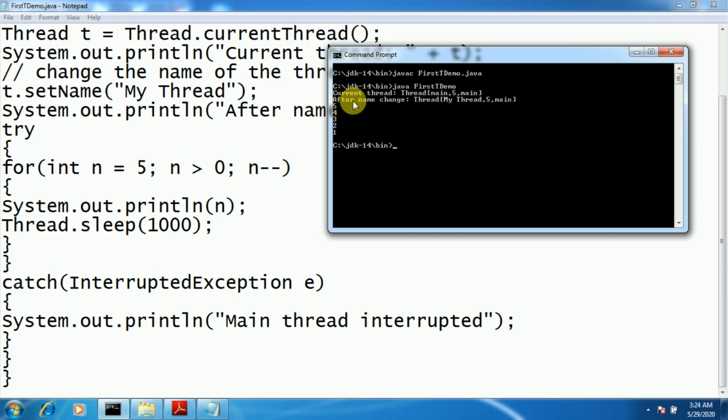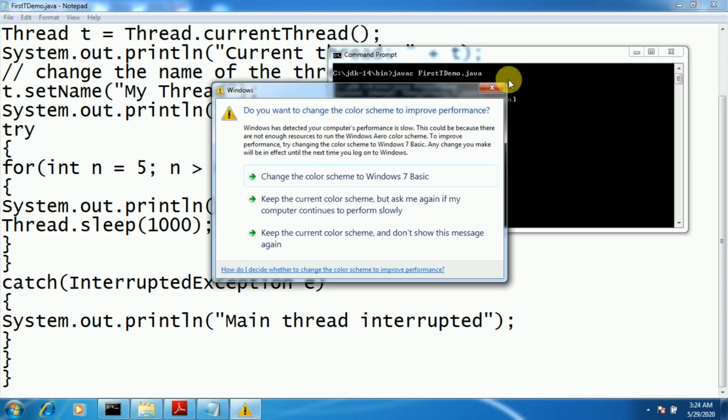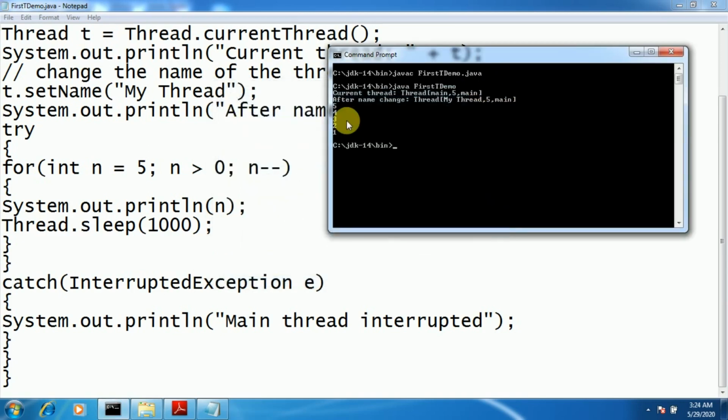Now we have changed the name of the thread from main to my thread, so it has changed. Now it's my thread, 5, main. Now if you see, 5 has displayed first, then it slept for 1 second, then it displayed 4, then 3, then 2, then 1. So this is the demonstration of the first thread.